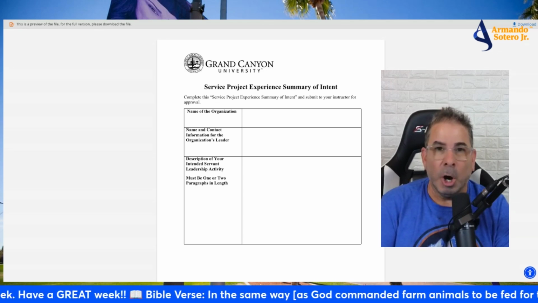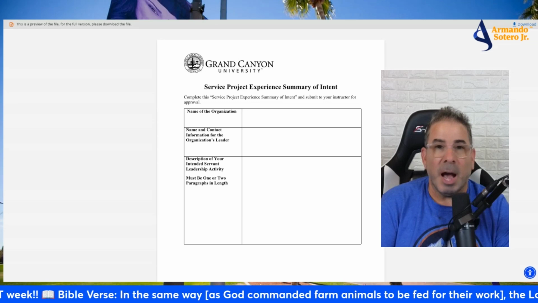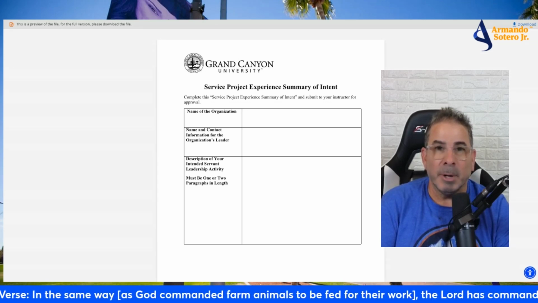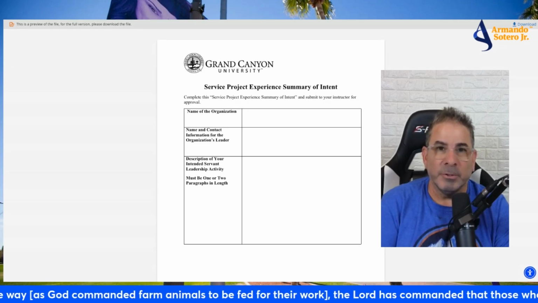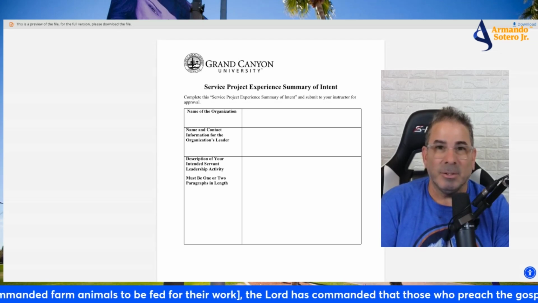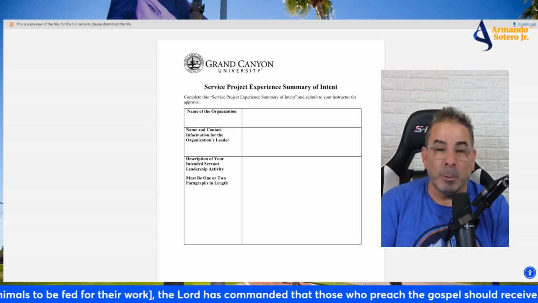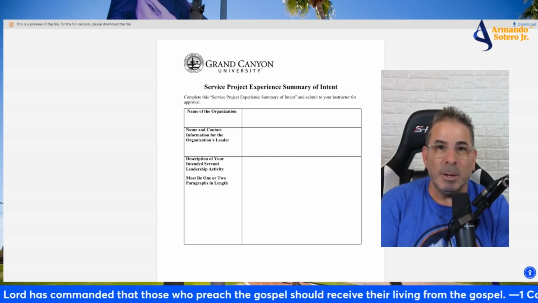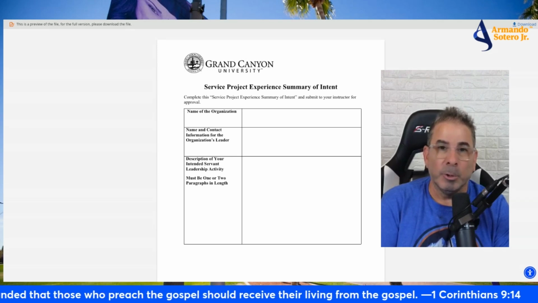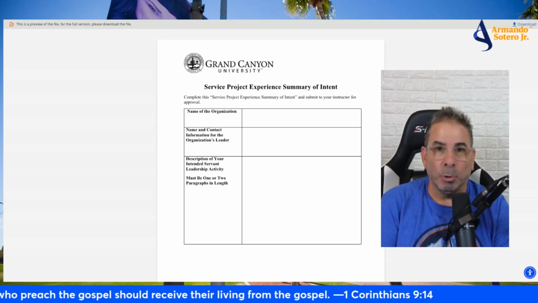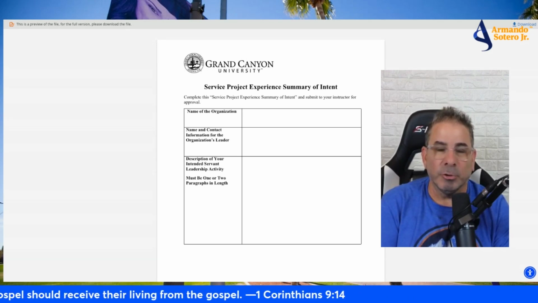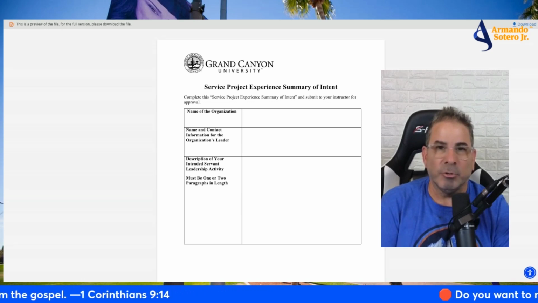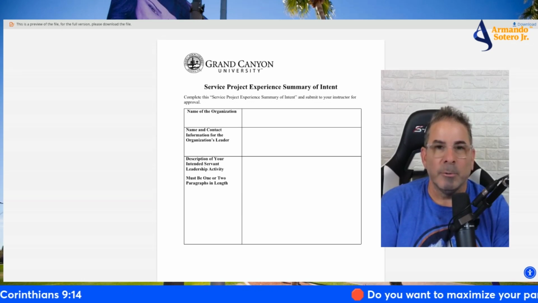Now, if you are on campus, probably the most common place is the St. Mary's Food Bank for those students that are physically on campus. That tends to be a very, very frequent one. You can also go to Boys and Girls Club, anything on campus, anywhere that you can serve for 2 to 4 hours. It can even be a local church. So anywhere that you can serve and volunteer and practice some of these levels of servant leadership, this is what you want to do for this project.